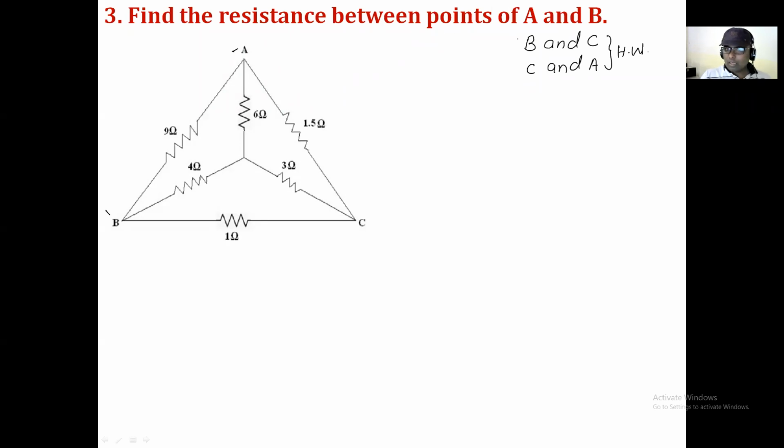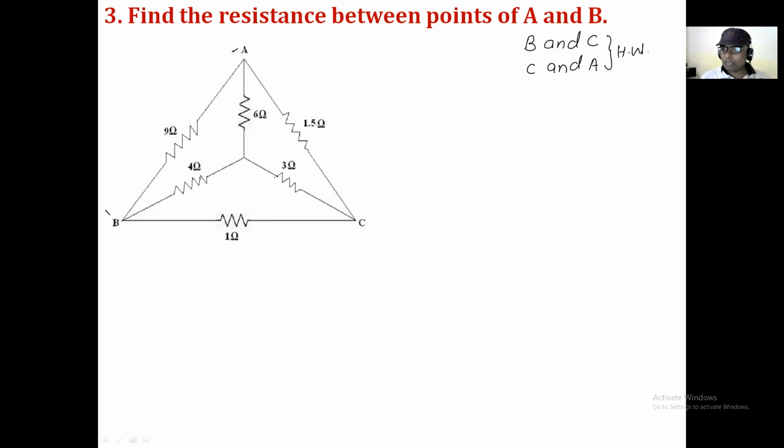And I have just given that some part for homework. Here I will try to explain how to calculate the resistance in between the point A and B, and the next two parts are for the homework. You have to calculate it. Now for that, just concentrate here. Just think on it, because in that diagram, the first thing is that we cannot apply the series and parallel circuit rule. This is the first thing. And the second thing, they have not mentioned what to do.